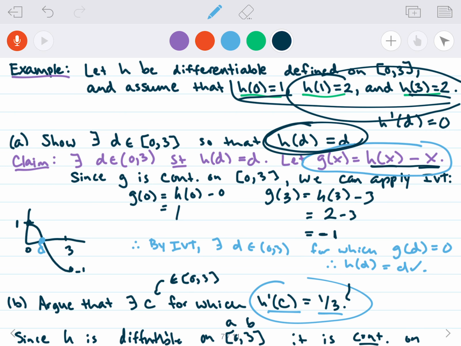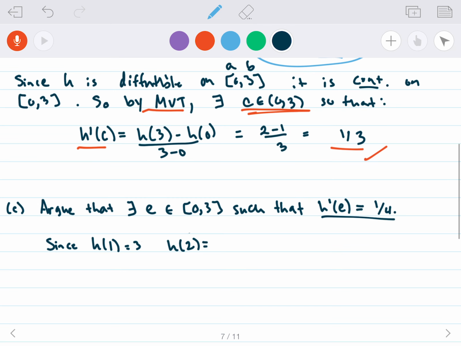Oh, sorry, h of 1 equals 2 and h of 3 equals 2. Sorry about that. So h of 3 equals 2. And so by the mean value theorem,